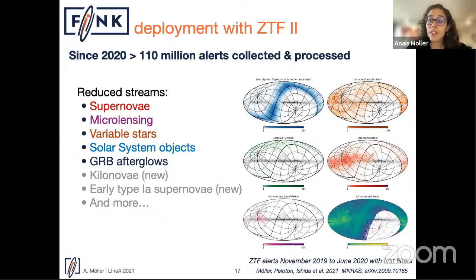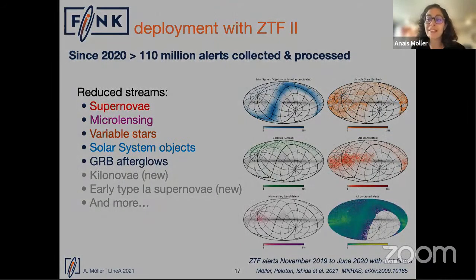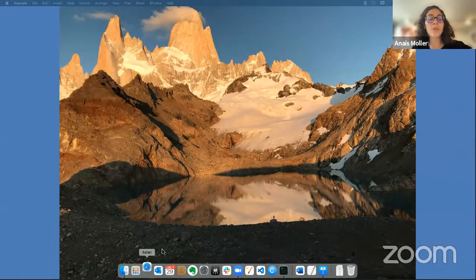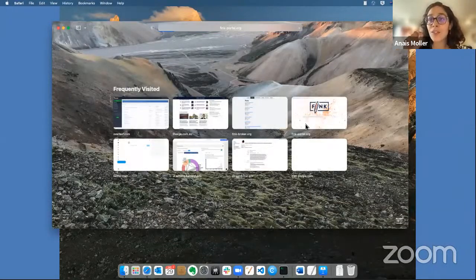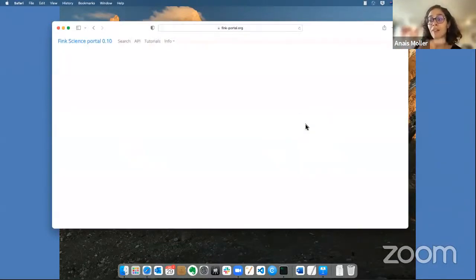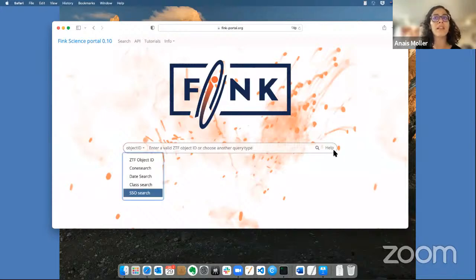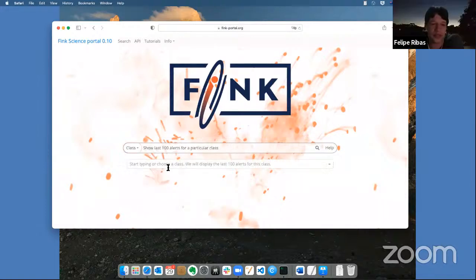If you're a solar system person, I didn't show this, but in the Fink portal there is a sky map. I don't know if I can pop it up, my internet is not great when I'm on Zoom. You can see all the objects detected in the solar system in a sky map. You need to get the number of the objects.